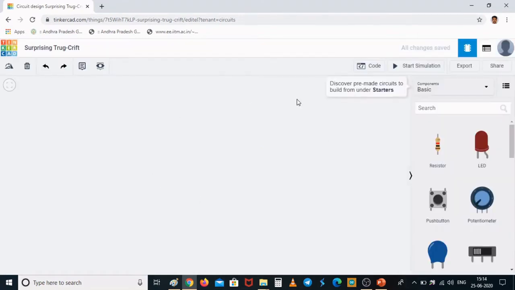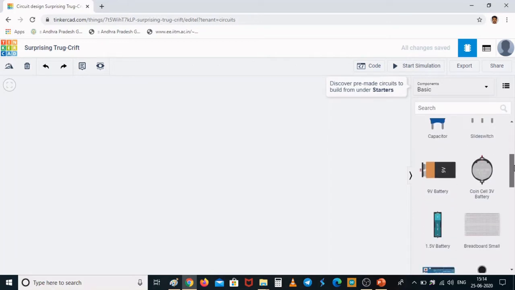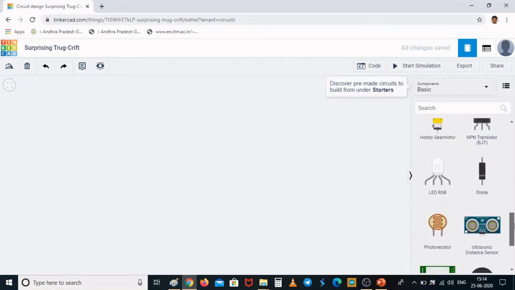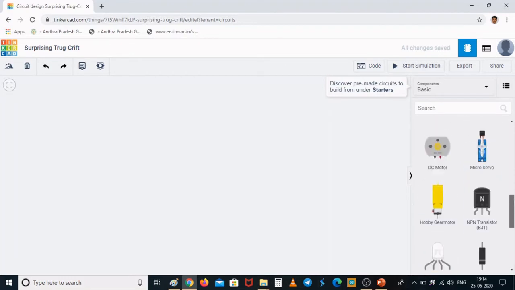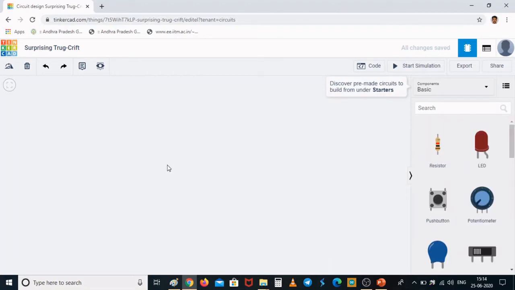It takes us to a place, what we call normally a workplace. So this is the place where we can build our circuits. Here you could see all the basic components that are available. So I'll be dragging here. You could see all the components for your experimentation that are required are available here, and this is the place where you will be building your circuits.